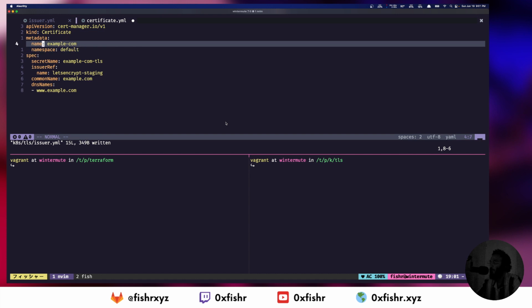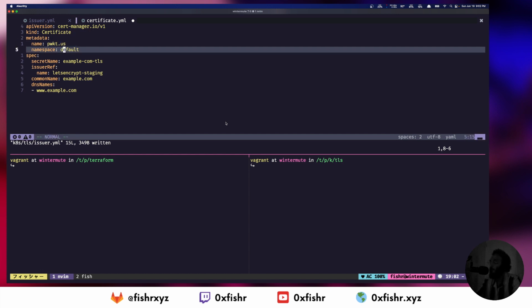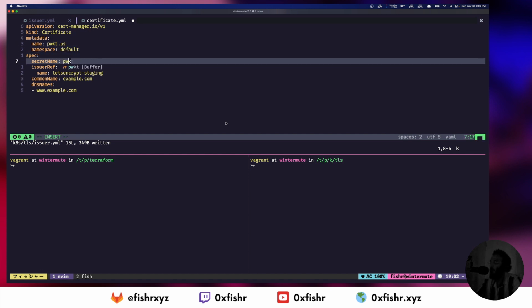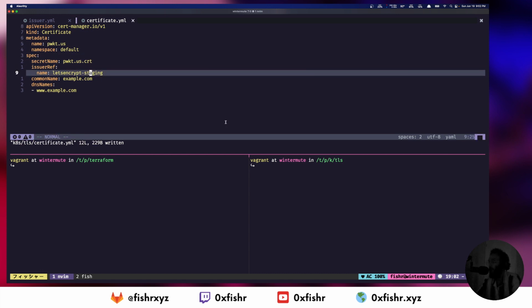So this is going to be pocket.us. Secret name is going to be pocket.us.crt. It's, I guess, common practice to append it, like to do pocket US TLS. I just don't like that because essentially the secret will contain the certificate, so it's more fitting to call it